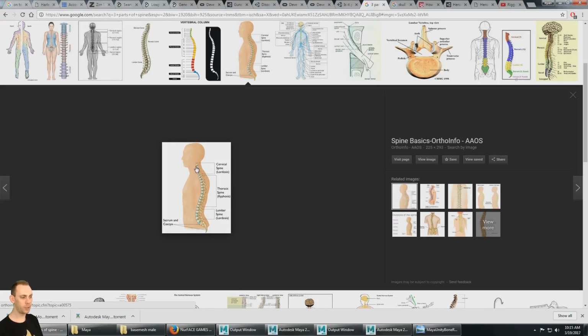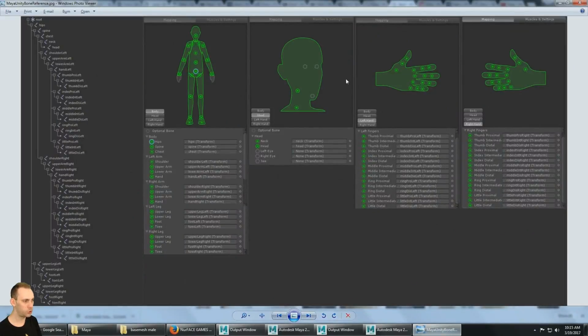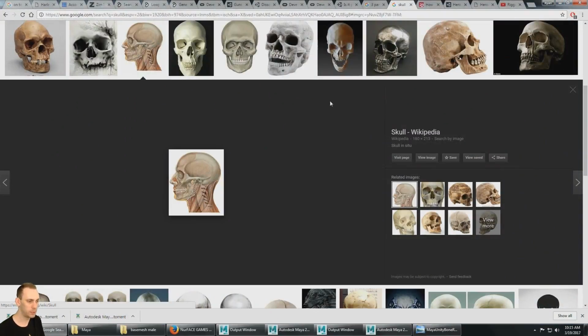And the final joint is the head joint. And let's look at the positioning of the head joint. Here is a human skull. And I like to position the head joint where Unity is showing it, which is right here. And that position is all the way at the top of the spine. There's an area that's basically right below or right in front of the ear, which is right here, and that's